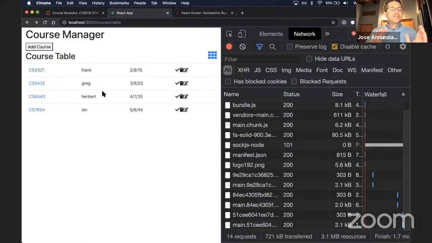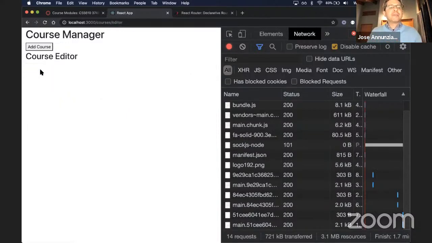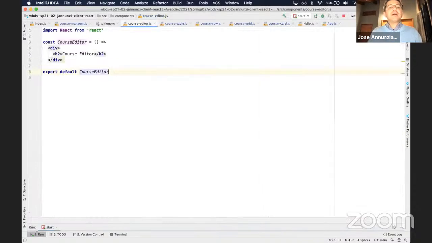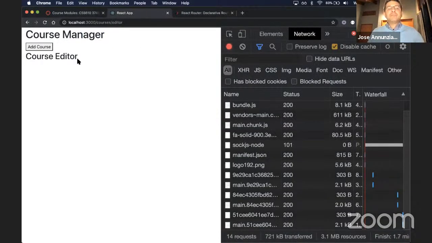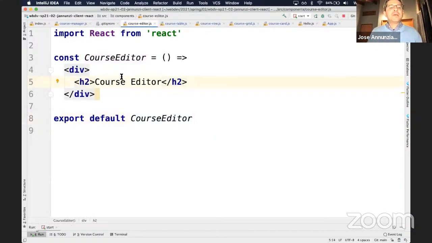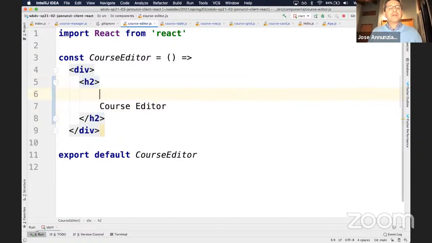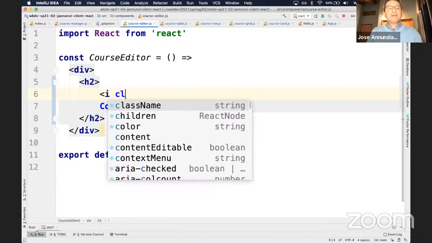So just to push that idea a little further, imagine I am in the course editor. There it is. Say I'm done with the course editor, I want to close this course and go back to the list of my courses. I can do that perhaps with a hyperlink. I can put a hyperlink here. I can say i class